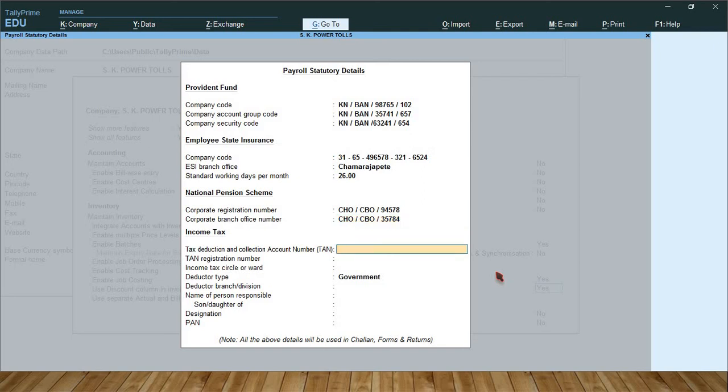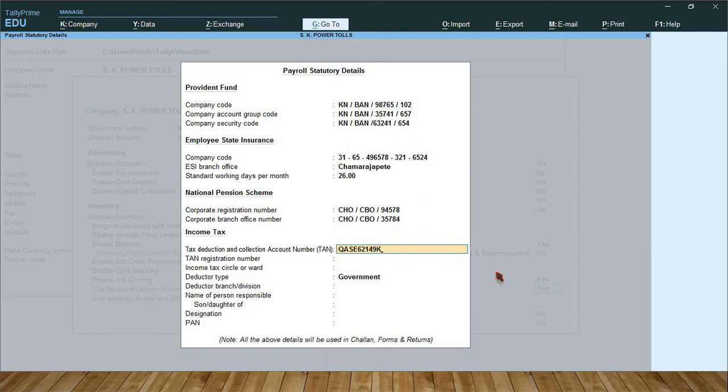Tax deduction and collection account number, TAN number. TAN means tax assessment number. It should be 4 alpha, 5 numeric, 1 alpha.